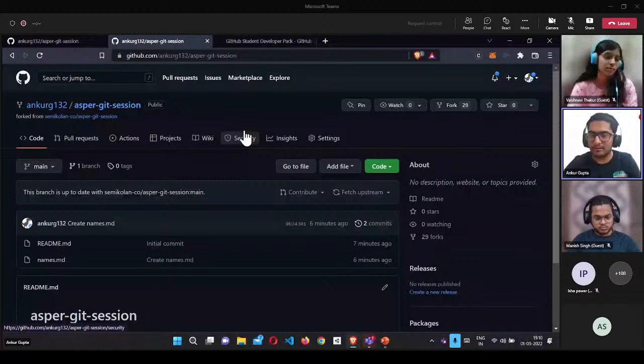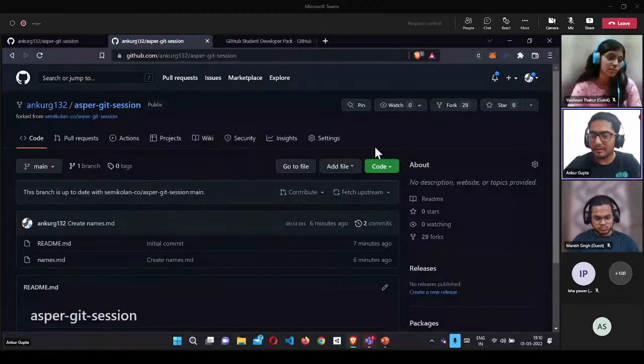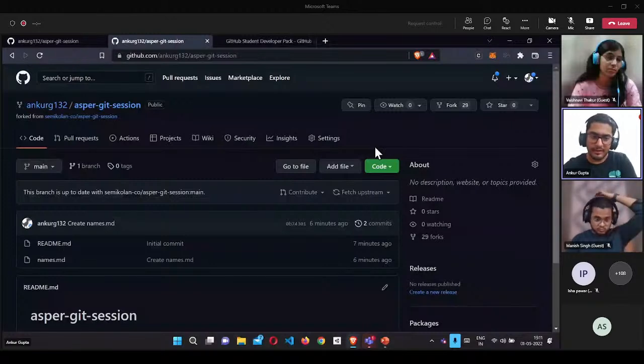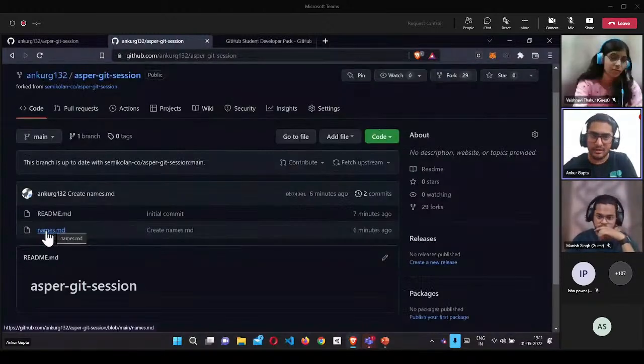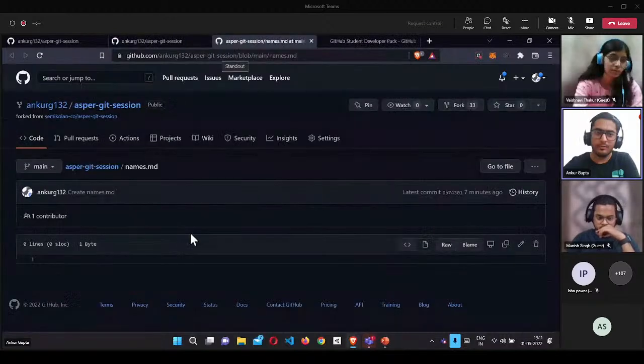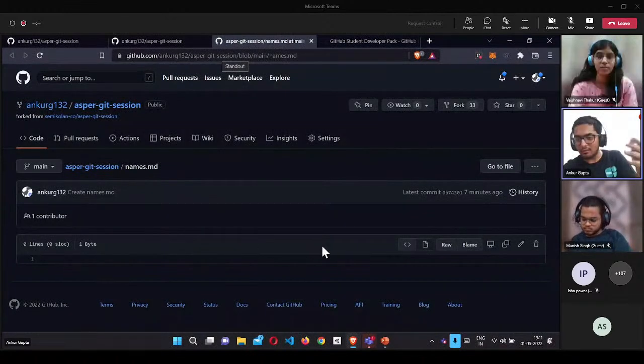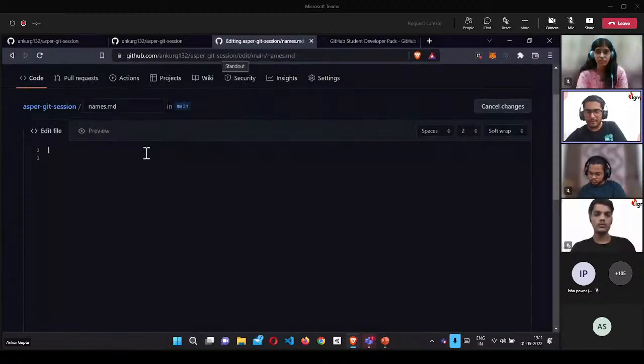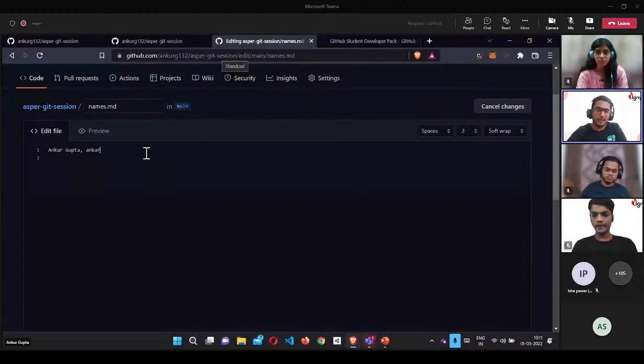So now that we have created a fork, what we'll do is we'll clone the repository in our own system. Since this is a smaller code base, I can also directly modify the code from here. Let me show you that also. This is actually not a good practice if we are working on a code, but just to show you that we can do it directly too. I can just directly click on this edit this file button. I can write my name here. Since this is name.md, I'm just adding my name and let's say my email address, whatever. Yeah, I'm leaving it.